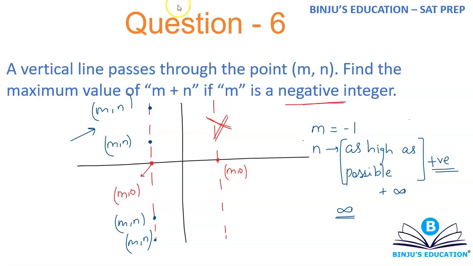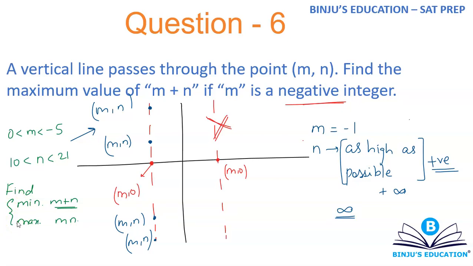Like for example, let me give you one question on this. The value of m is between 0 and minus 5 and n is between 10 and 21. Find the minimum value of m plus n, and the maximum product of mn. Try these two questions and let me know in the comment box. Okay, let's see if you have got the concept or not.